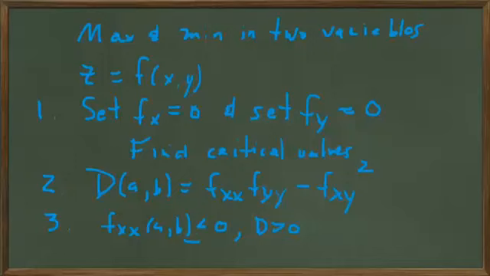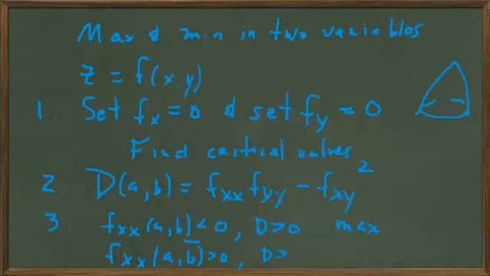It's not exactly concave down because it's in 3 dimensions, but if you think of it this way, it's concave down, and that implies that we have a maximum. If f sub xx at our critical value (a, b) is greater than 0, and the discriminant is still positive,